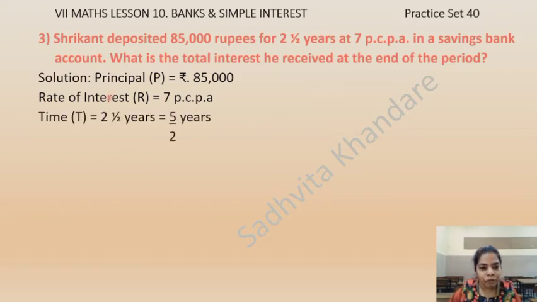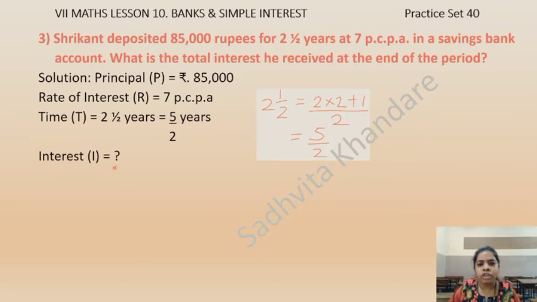Time is 2.5 years. So we are going to convert this 2.5 years into an improper fraction because this is a mixed fraction. So it will confuse us while calculating, while solving the sum. So see children, this was 2.5 years. 2 into 2 plus 1. We go this way. 2 into 2 plus 1, which is equal to 5. 2 into 2 is 4 plus 1, 5. 5 upon 2. That's how we got this 5 upon 2.